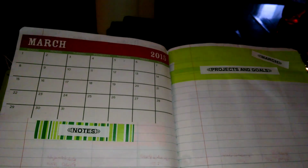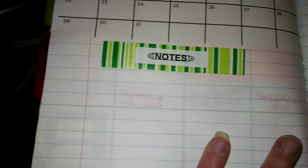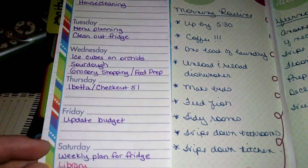Then you see I have March ready for listing everything, and I've labeled everything through the end of the year. Then, after the end of the year, I have my last tabs. I have routines, I have notes, I have reference, and I have lists. Now for my routines, I have